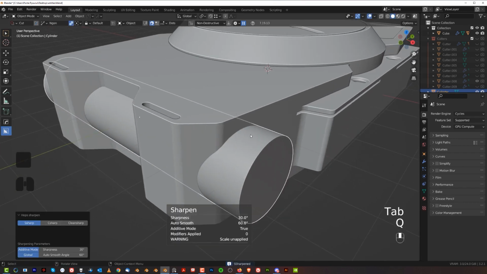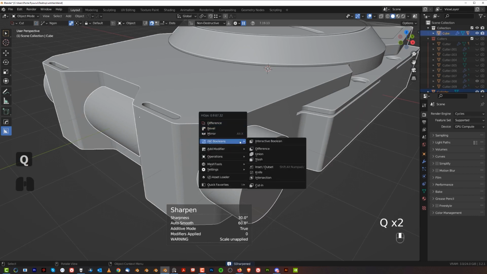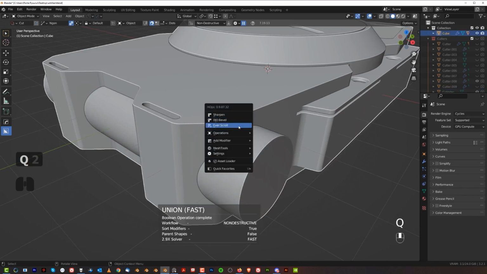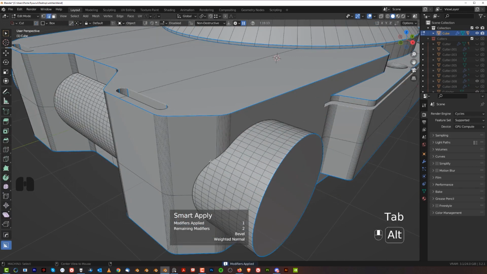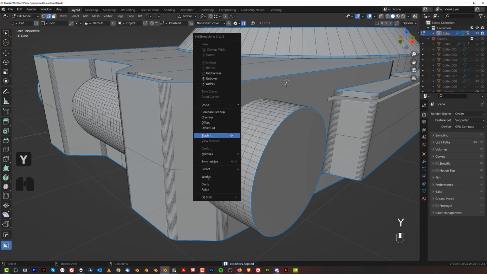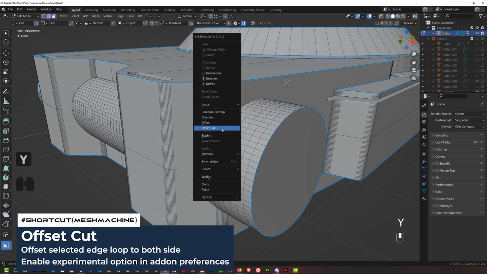Let's just sharpen that, and we can boolean this. So boolean and union, then we're gonna apply that. So operations multiply. And we're gonna run a chamfer here. So offset cut. It's gonna be with the